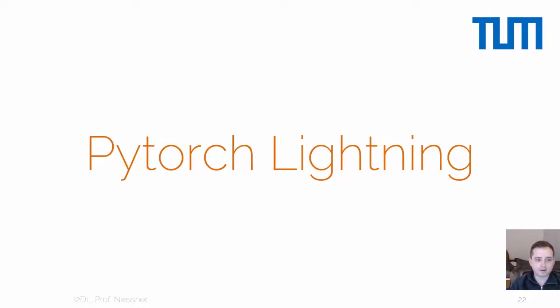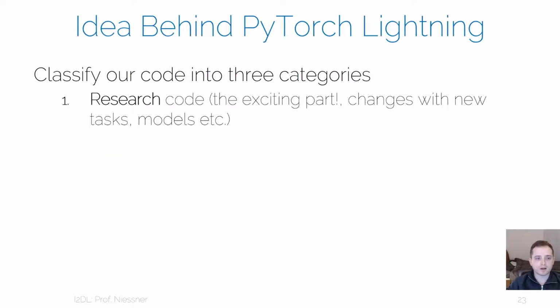The next thing I'd like to talk about is Pytorch Lightning. This is something that you can use on top of Pytorch. You don't have to. And the idea behind it is that there is a lot of code that every project in deep learning needs, which is, for example, loading the data and having this loop that loops over your epochs, or the data set and feeds it to the model and does the backwards